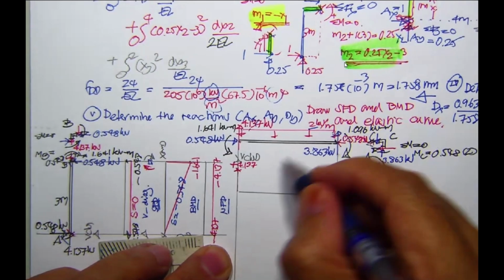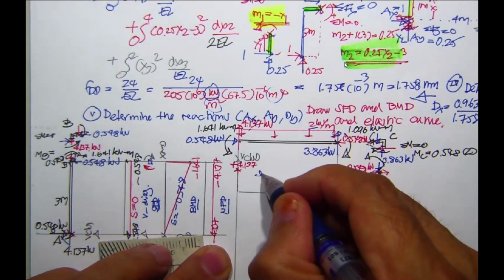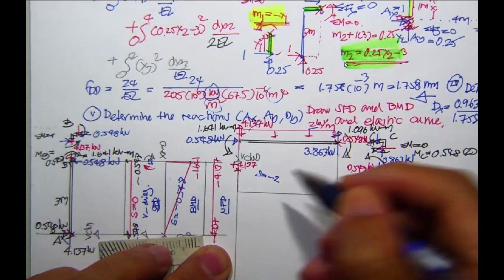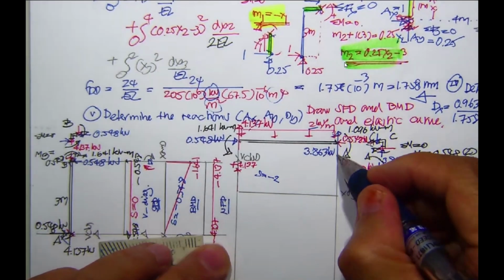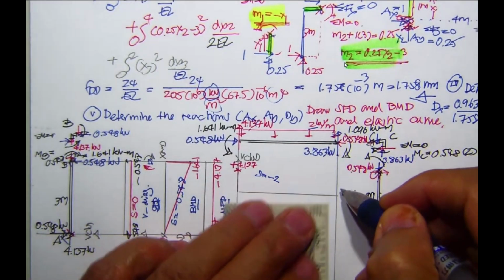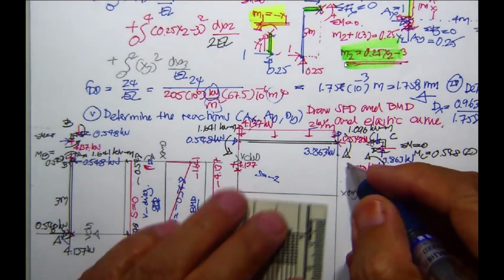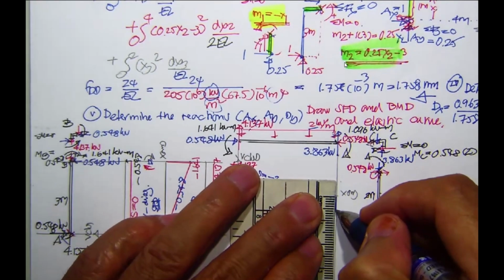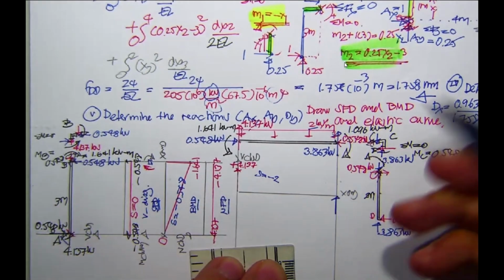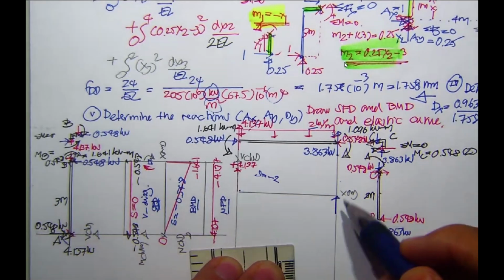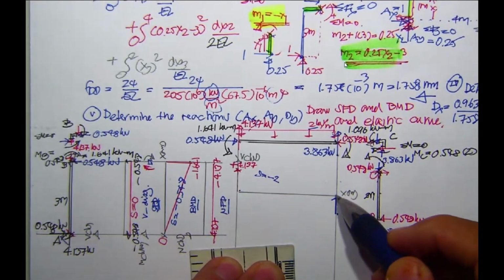The distributed load S is going to be minus 2, and this one 3.863. Actually, you should know that this 3.863 is the same as this one, but it goes up and across the